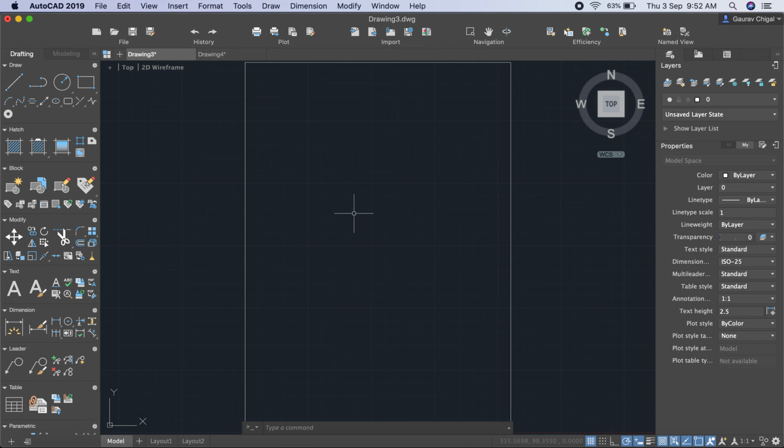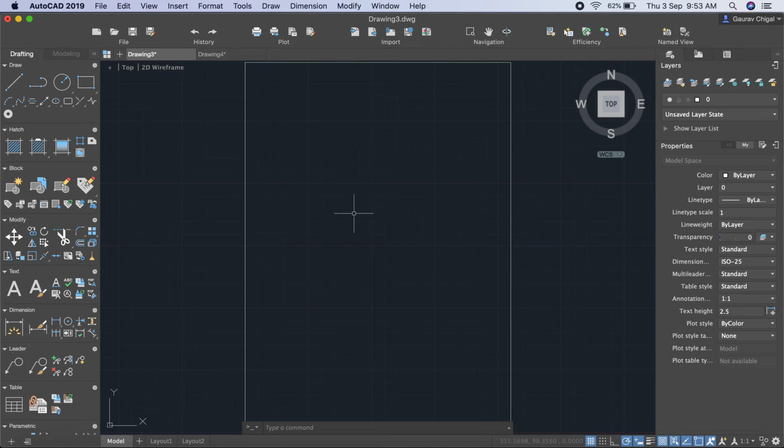Now in the MV setup command, you see I defined 3 parameters in a single command: units, scale factor, and width, that is called limits. You can define your units whether you want to work in the decimal system, metric system, architectural system, engineering system, or scientific system, any system you want to work in, you can define it here. Second, you define your scale factor.